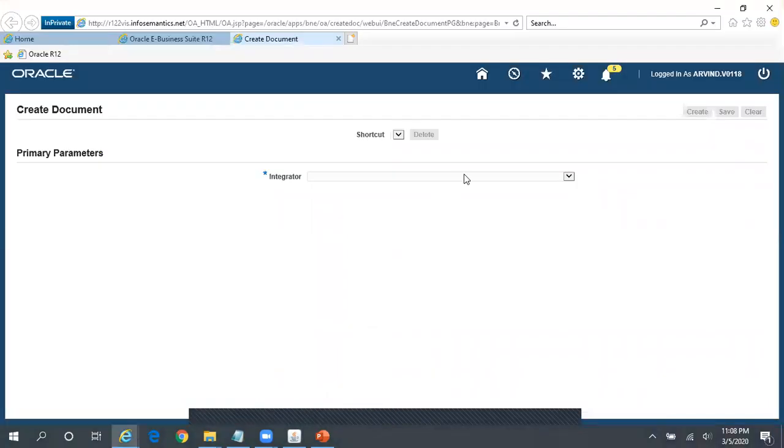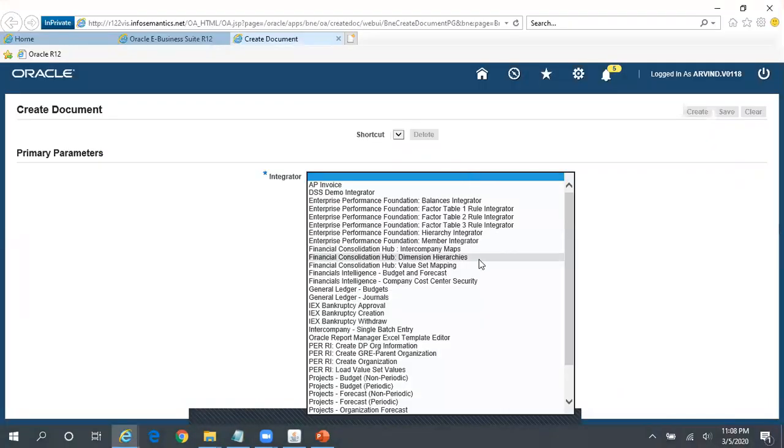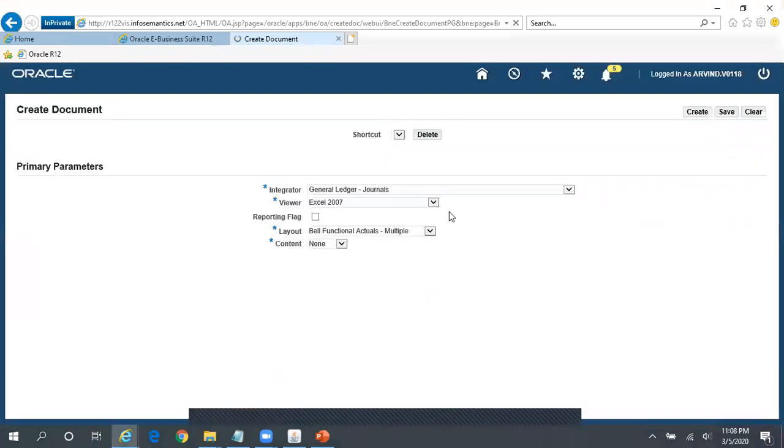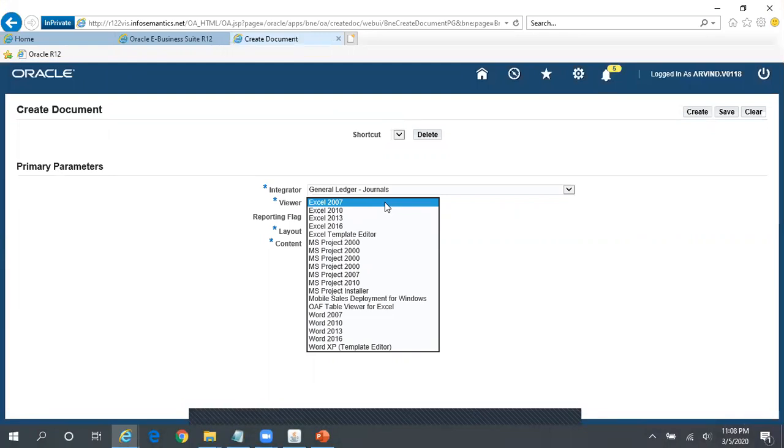Whenever you click on Create Document, it will ask you to select the integrator. So I'm just selecting General Ledger Journals and then selecting your Excel version. My Excel version is Office 365, so I'm just selecting the closest Excel version. If your Excel version is not available, just try to select your closest Excel version. So I'm selecting Excel 2016